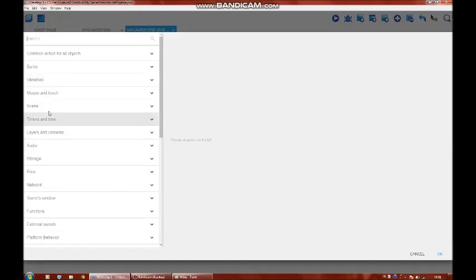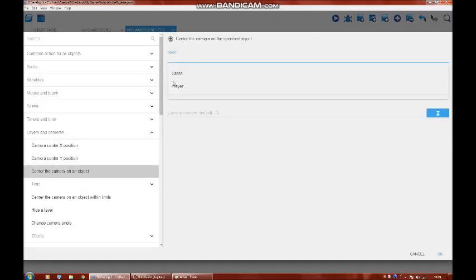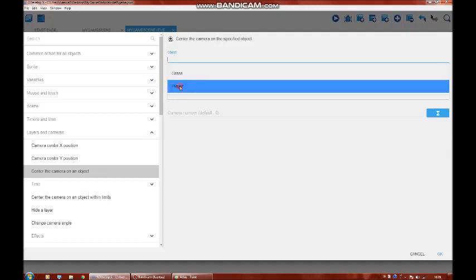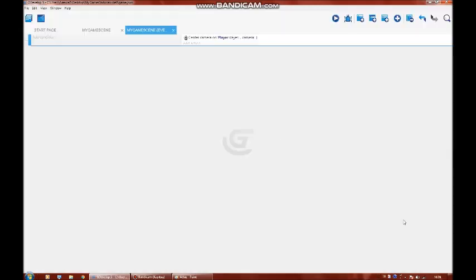Go to Layers and cameras, and choose center the camera on an object. Press player. Don't change these, so press OK. Don't change anything. Go to my game scene